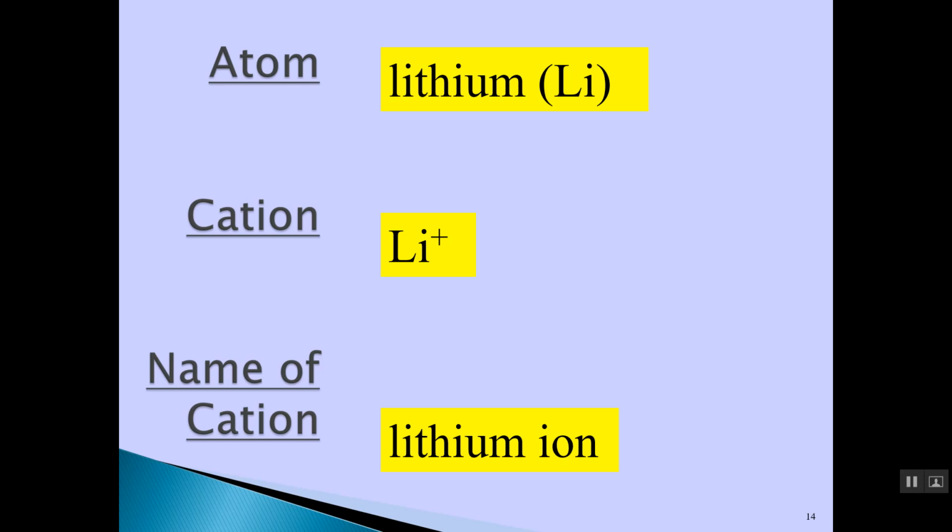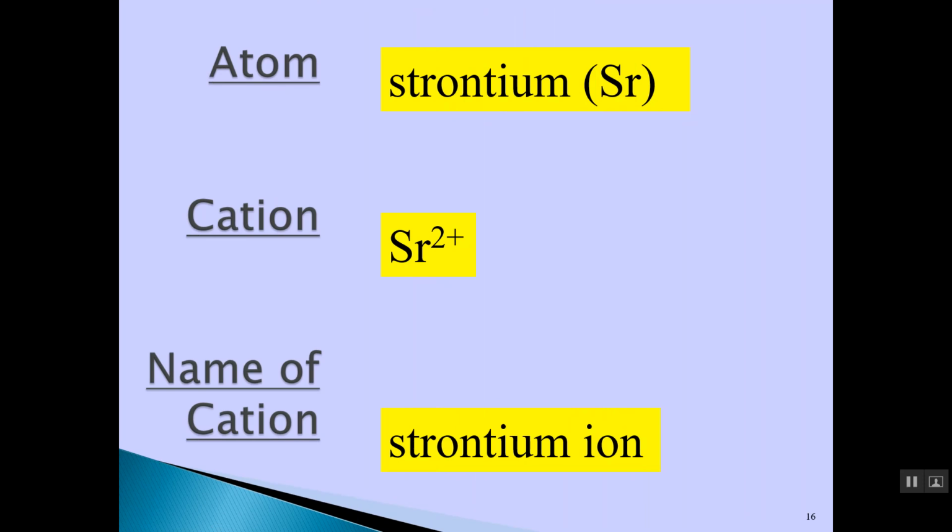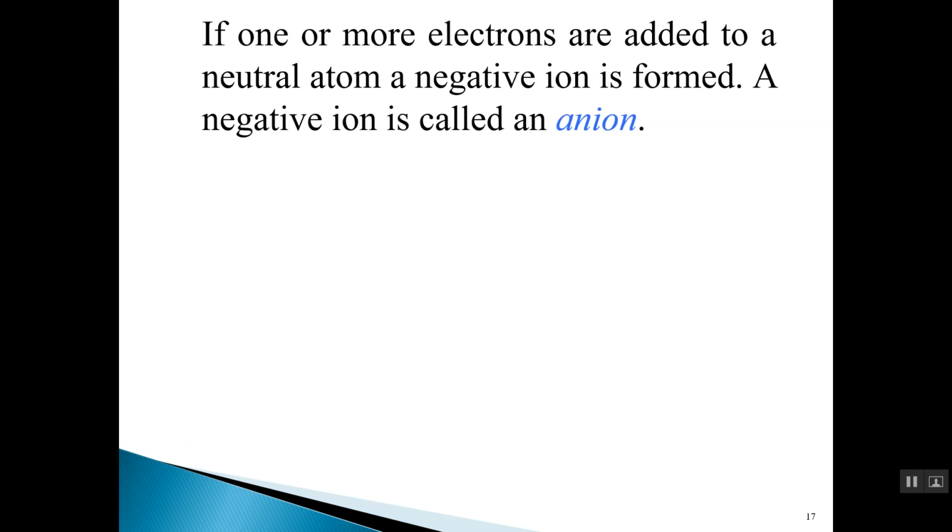The Li+ ion is called the lithium ion. The Mg2+ ion is called the magnesium ion. So basically, whatever the name of the atom that the ion is formed from, that's the same as the name of the cation. Okay, now we're going to stop here, and in the next video we'll be looking at anions,